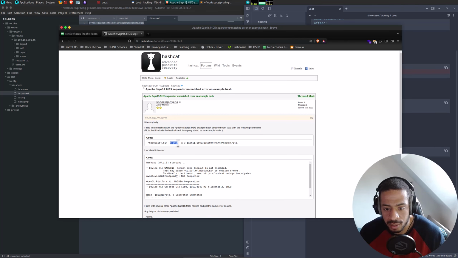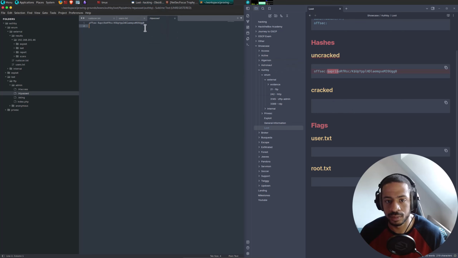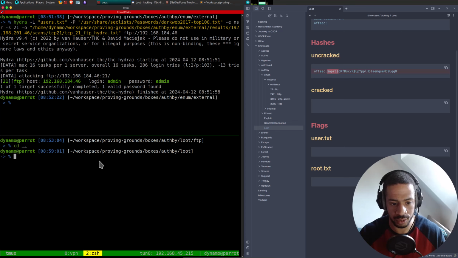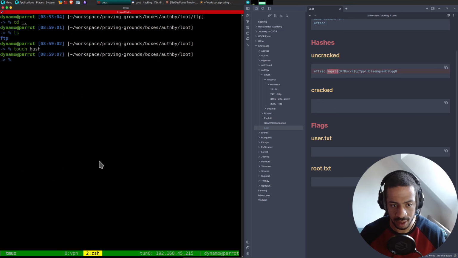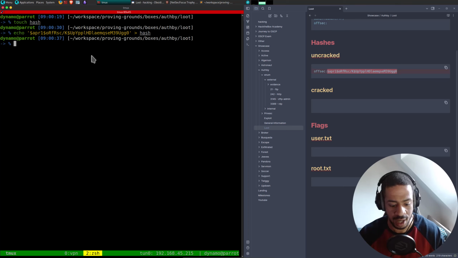Could it be this? 1600? Let's try. Okay, so let's say we are in loot and we're gonna call touch hash. We can clean this, and then inside of hash we can echo this hash into hash, and then let's first see if it's in there.